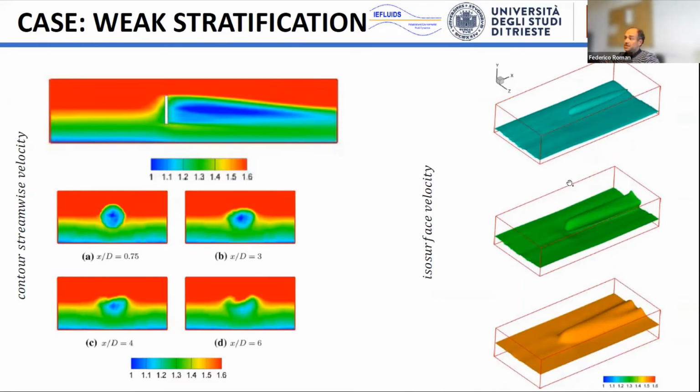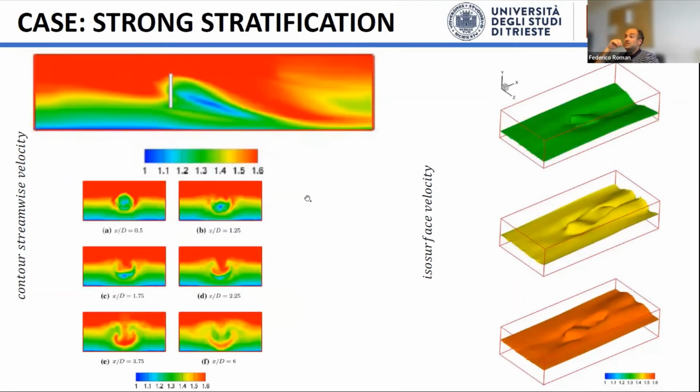Here you can see also, still with some isosurfaces of velocity, how the wake that is detected starts to be inclined. This issue is more evident if we pass to the case of strong stratification,